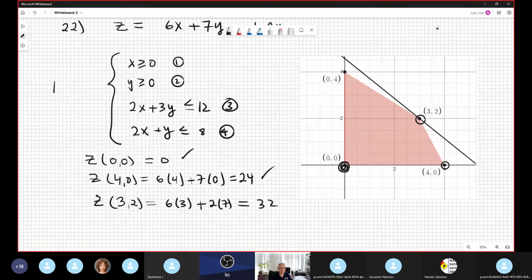So 18, 14, 12, carry that 1, 32, yes. 32. In the last corner, 0, 4, it is 6 times 0 plus 2 times 7